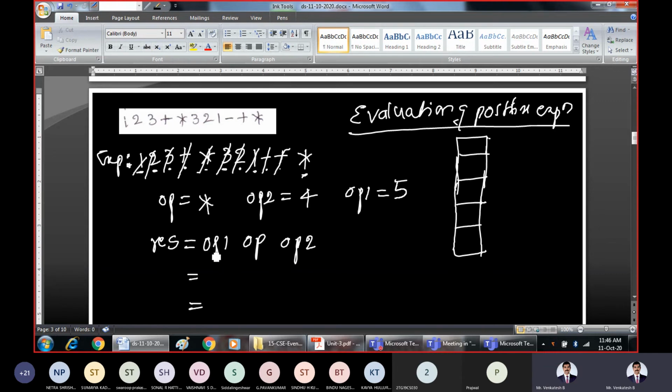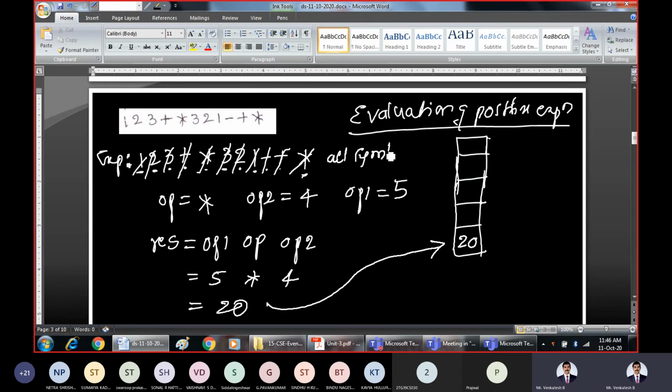Now perform the required operation. What is the required operation? Operand 1 is 5. The operator is star. Operand 2 is 4. 5 into 4 is how much? 20. So put this 20 onto the stack. Now which symbol have we processed? Star. There are no more symbols. All symbols have been scanned successfully.